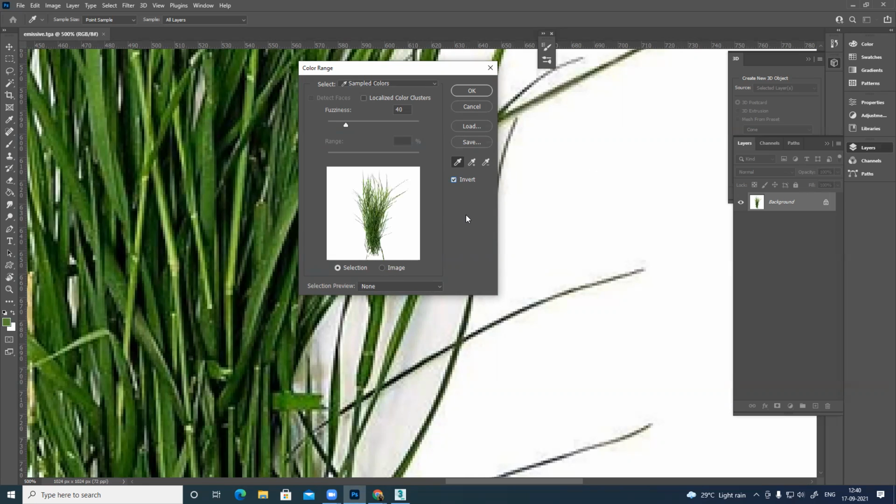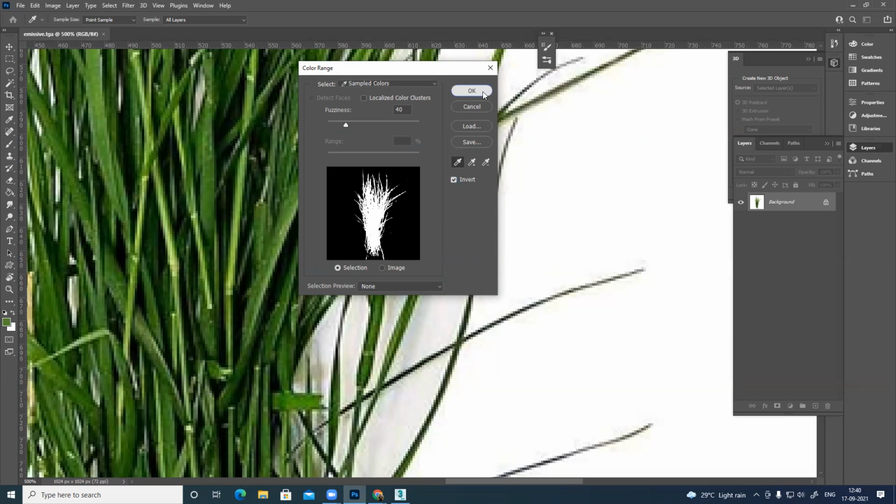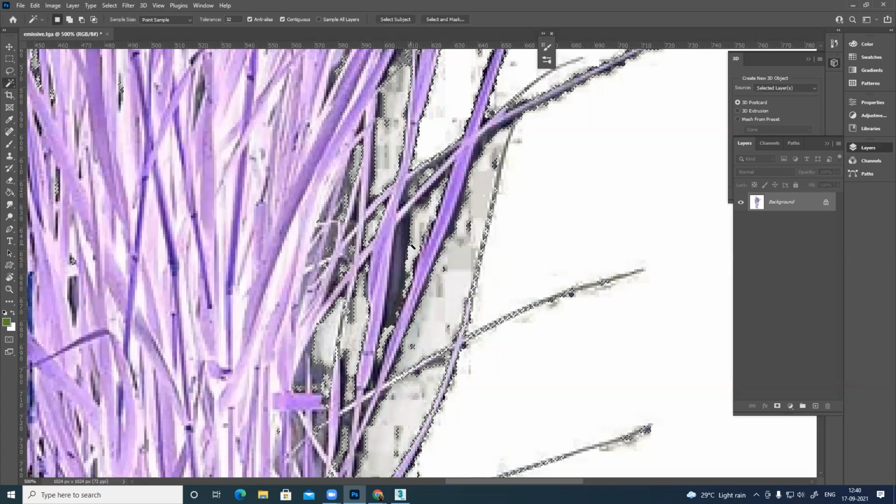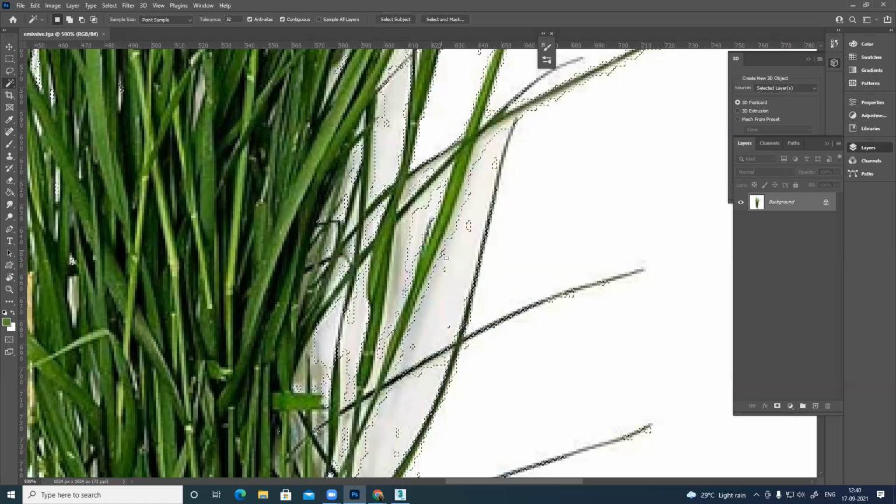It's adding. This is fine, anyways. Selection is ready. Still, you can see those gray tones are there. So Control Shift I, invert your selection, and it should select everything nicely.